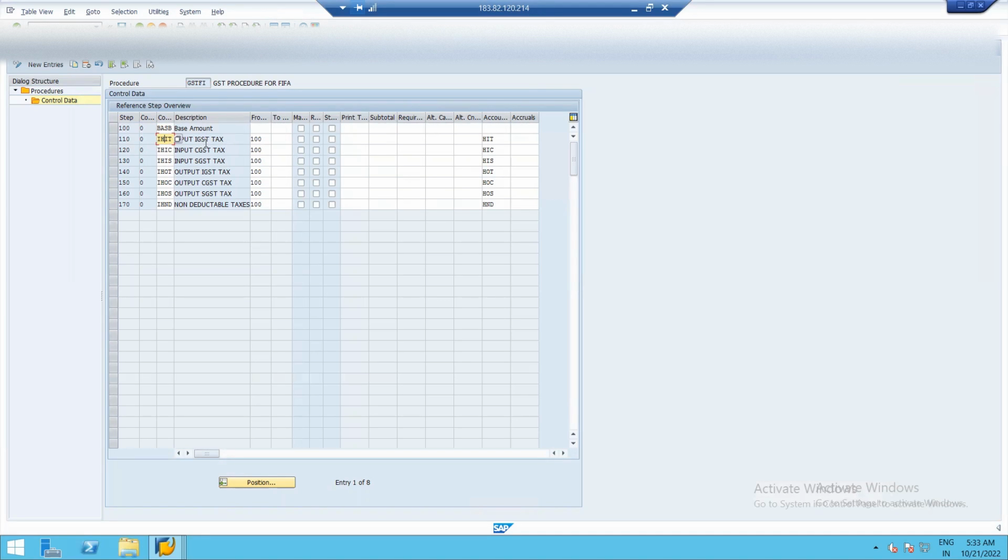This is input IGST tax, FFII, then input CGST, FFCI, then FFSI, then output IGST tax, FFIO, CGST, FFCO, FFSO. Okay, against this, we need to assign this FII,